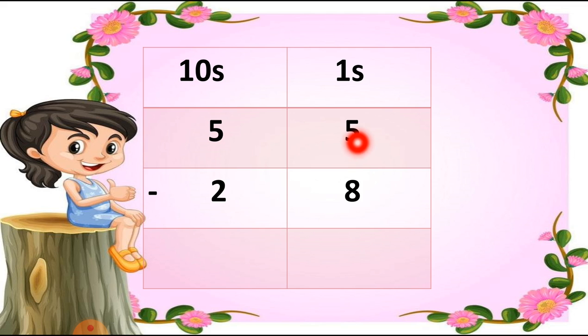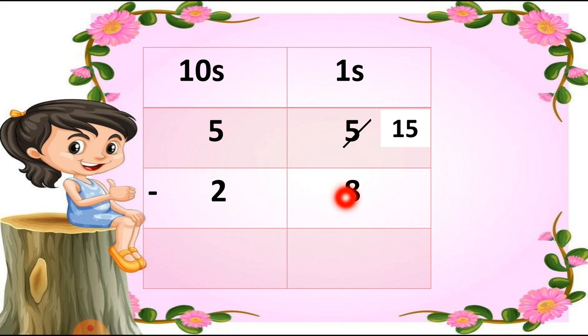Here is 55 minus 28. So students, here is the ones column, 5 and 8. Now hope you understood this. This 8 is a big number which is at the bottom side, and number 5 is a small number which is at the up side. So students, we can't take away 8 numbers from the 5. So what should we do? We should take 10 number from the tens column. So let's add 10 number into this 5. So 10 plus 5 is equal to 15, and cut the 5 number this way.